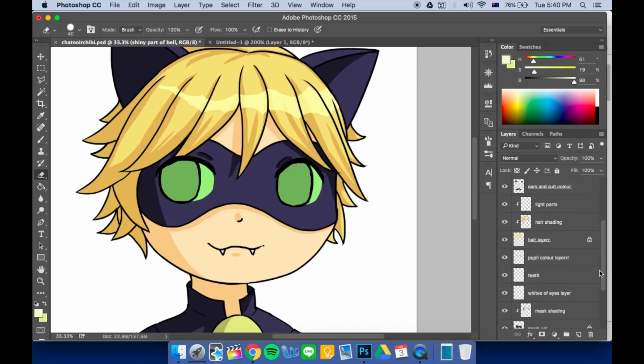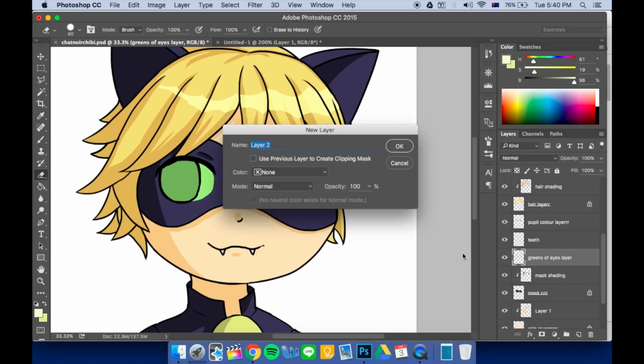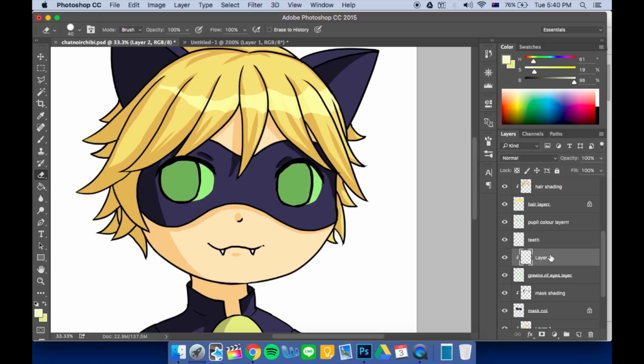And been waiting for the eyes time. Okay, I called it Whites of Eyes. Let's just rename that to Greens of Eyes, even though the whole eye is green. Same thing. Just gonna use previous layer, clipping mask. Should have renamed it there. Shading. Let's get the color. Boom. Make it darker. Yeah, that looks cool. Okay. And the fun part, the best part,